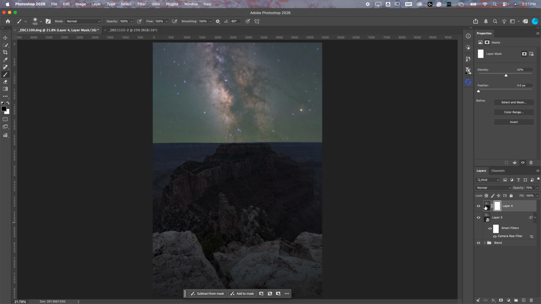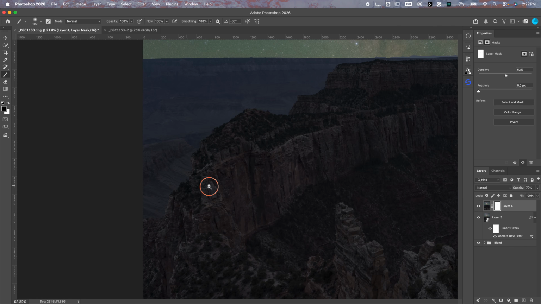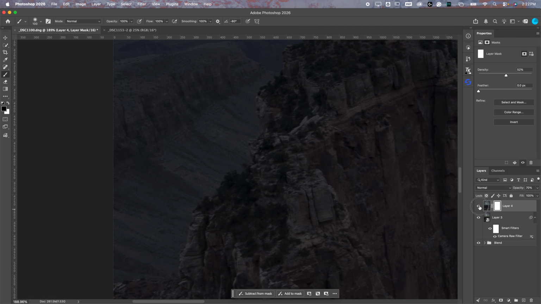And once you're done, it should look something like this. So now you can see we've made the Milky Way much, much more prominent by just reducing all of those stars. Now, additionally, if you're finding that this star reduction is doing things to the foreground, like I am here,